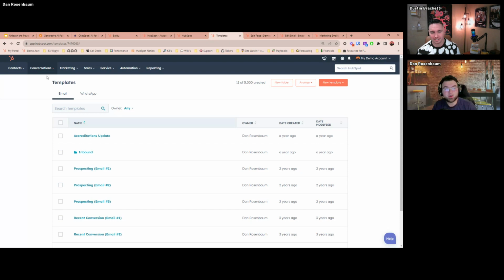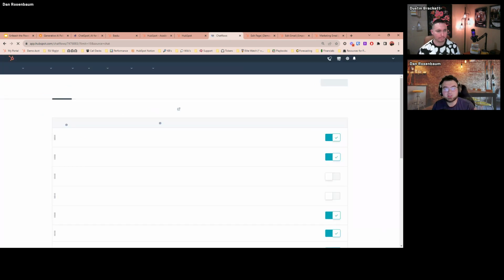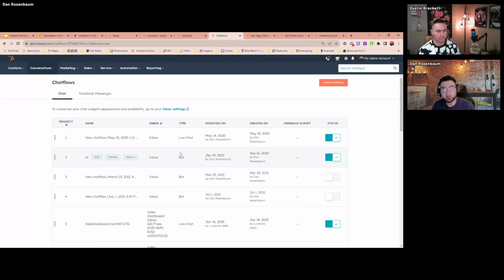So I imagine that it's going to work a lot like the current chat flows do, where you're going to have multiple versions of it. And ideally, you'd be able to train it on different things. So every chatbot could have a different personality. One could be trained on your knowledge base. Another could be trained on your product and services page. Because you're going to want a sales chatbot on your pricing page and a customer support chatbot on your FAQs and your knowledge bases. So we'll see. Don't quote me on that, but that's what I'm hoping they will do.